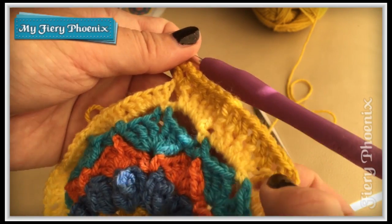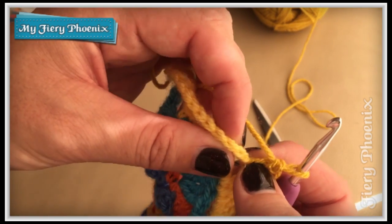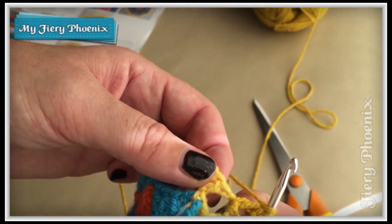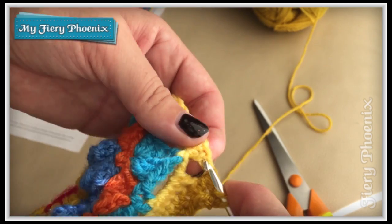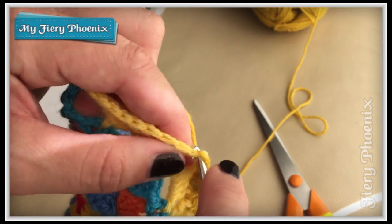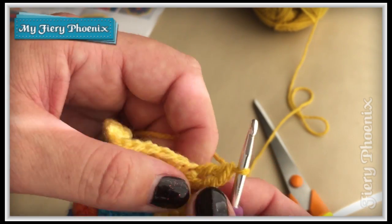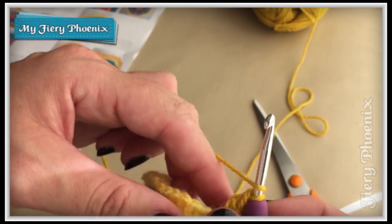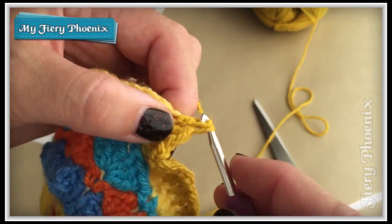So we just need to make sure that we pick up this very first space, this first stitch here, when we start. So we've trebled in the gap, and now we're going to pick up the first stitch, which is just outside of the gap, and then everything will be nice and easy. So that's 1, 2 after the chain space, 3,